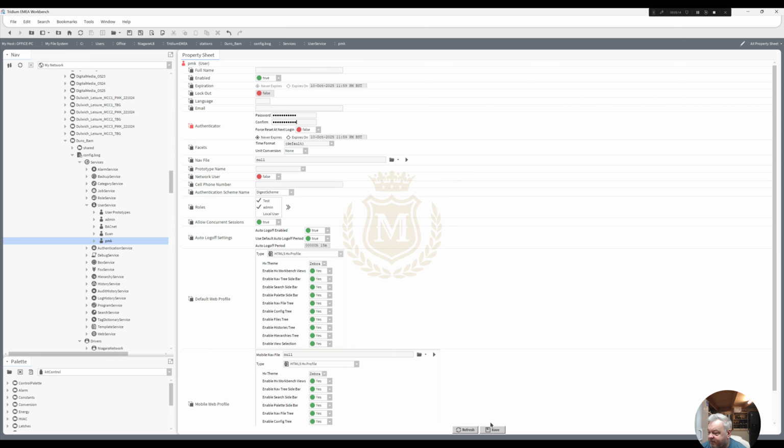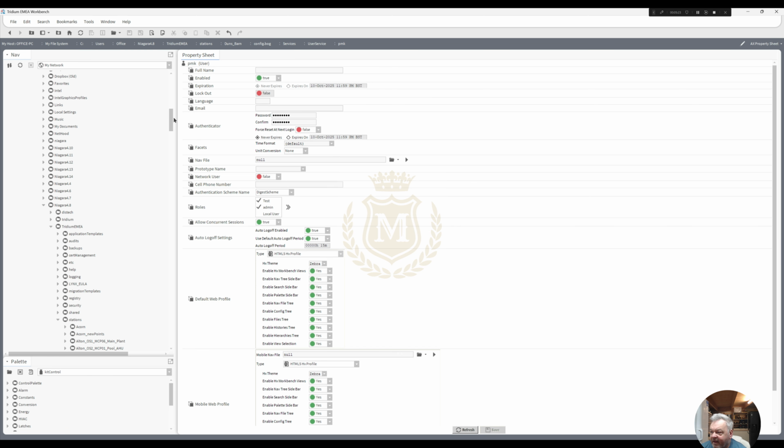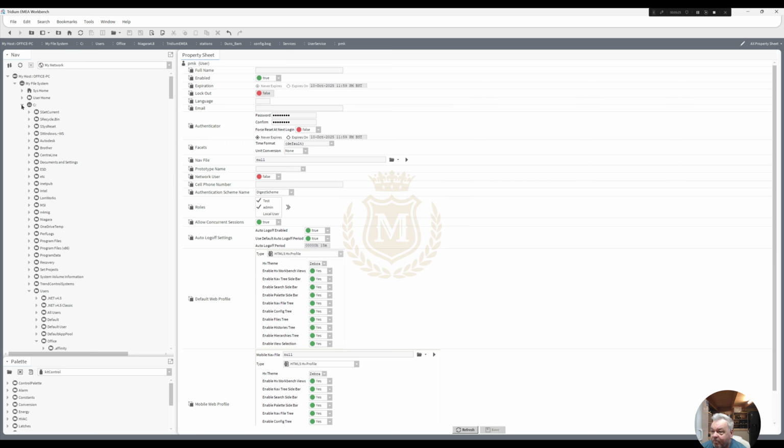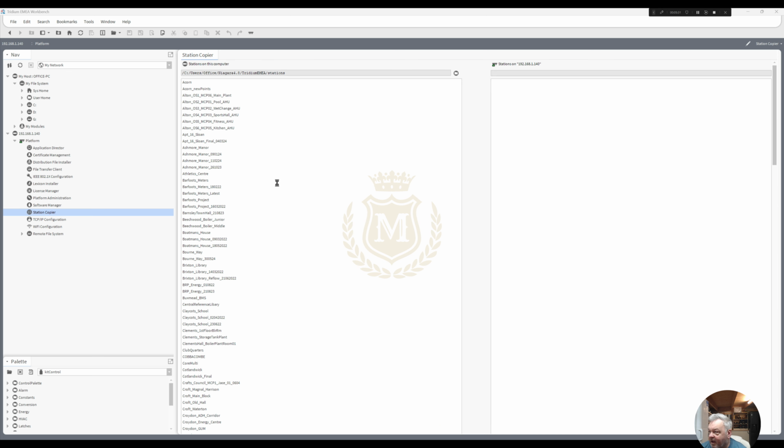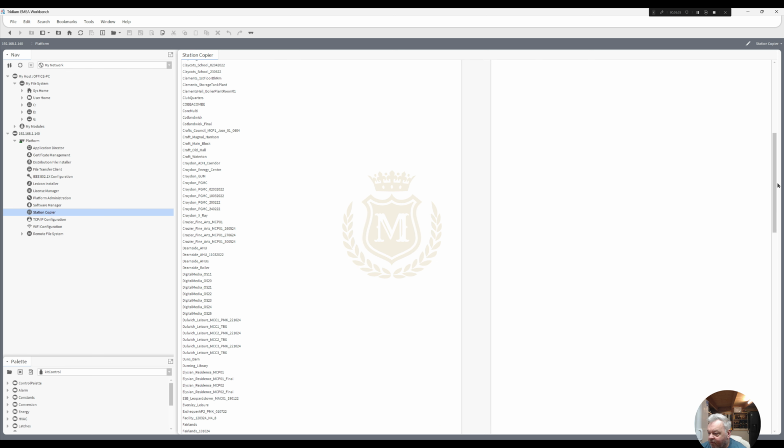And save that. Again, right click the config BOG and go to save, and then again upload that to the station copier and go to Dunsbarn there